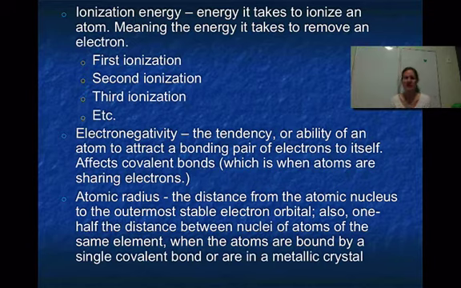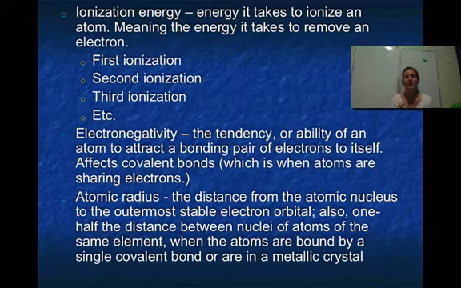Okay? So what does it mean to ionize? Well, ionizing is making it into an ion, which means doing stuff with your electrons. Specifically for ionization energy, it's the energy it takes to take away an electron, not to add one. Okay, so ionization energy is the energy it takes to remove an electron. And as we look at this, you'll actually see that there is a first ionization energy and a second and a third and a fourth